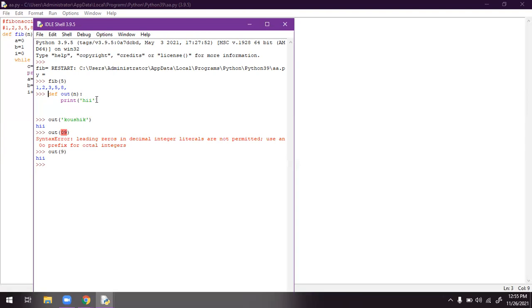So I am copying this statement, Control C and Control V. I'm coming out of the outer function, and now I'm taking an inner function. It will not run, I think so. I have to make some adjustments. I will show you the adjustments also.